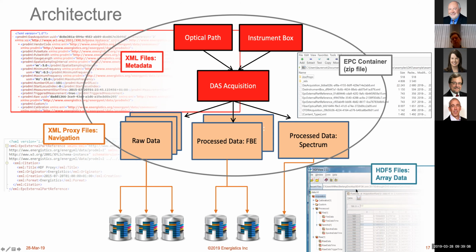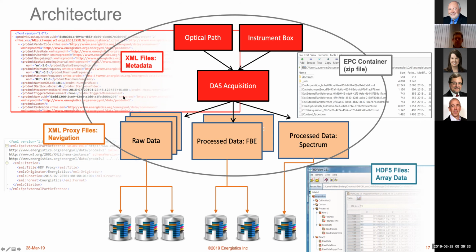So if you look at the raw data one, for instance, there are three files shown, three leaves of that, and then three physical files. So you can just open those proxy files very easily. Again, they're very small XML files, and they'll tell you where to go and find the array in an HDF5 large file. So that's the concept of the architecture.